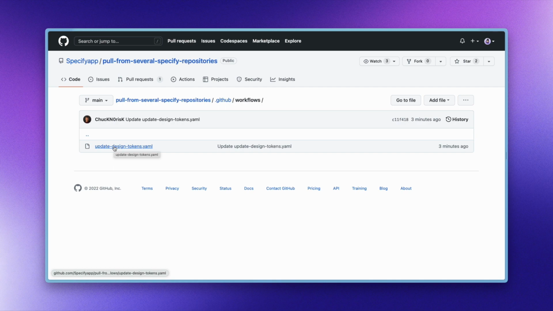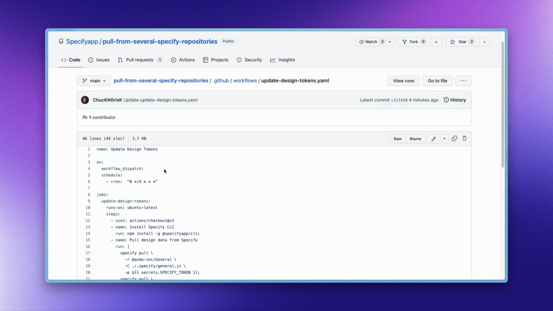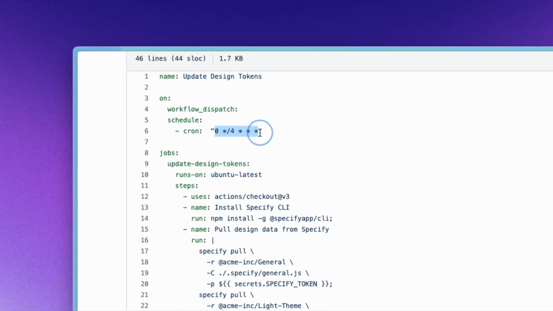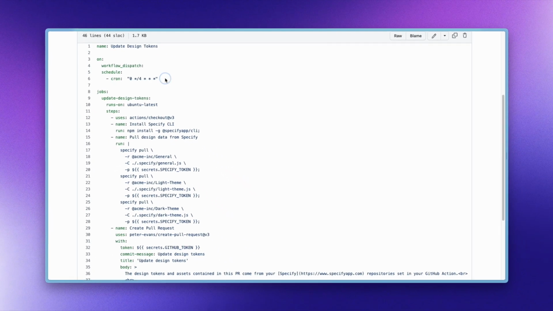So if we want to target several Specify repositories, we need to use the Specify CLI inside a GitHub Action. This GitHub Action will execute itself automatically every 4 hours of every day, and it's